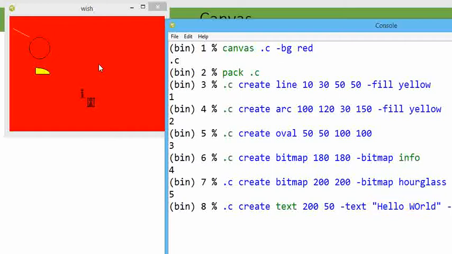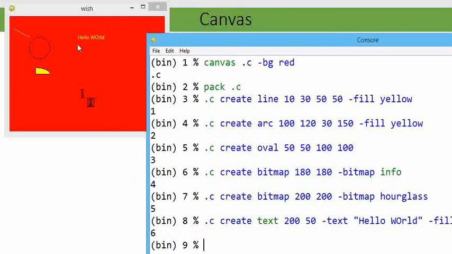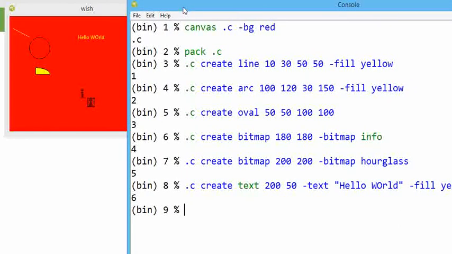Minus fill yellow. Let me show the complete thing here. We have seen that at the given coordinate location, the particular text will appear. Remember, this canvas will be helpful when we want to create a GUI of any tool, or it can act as the background space over which we want to put certain schematics.